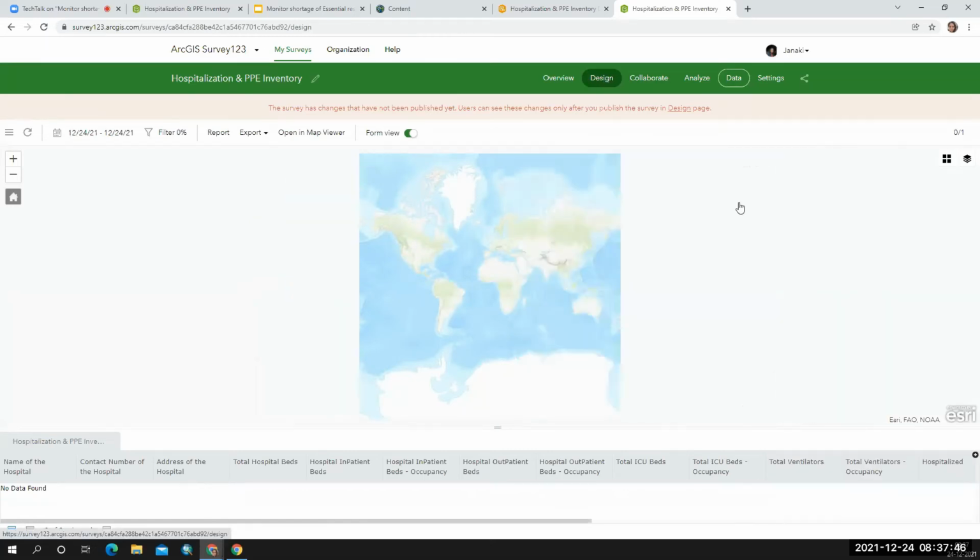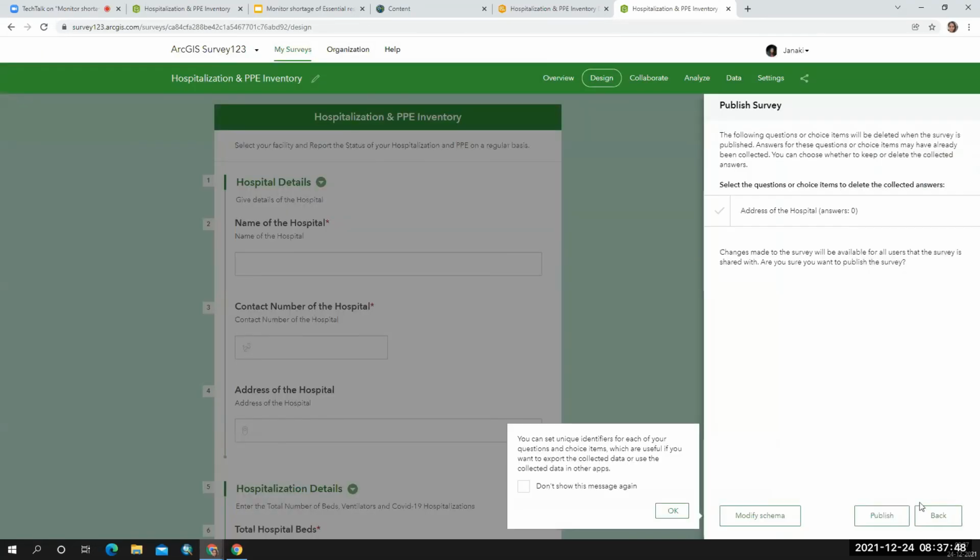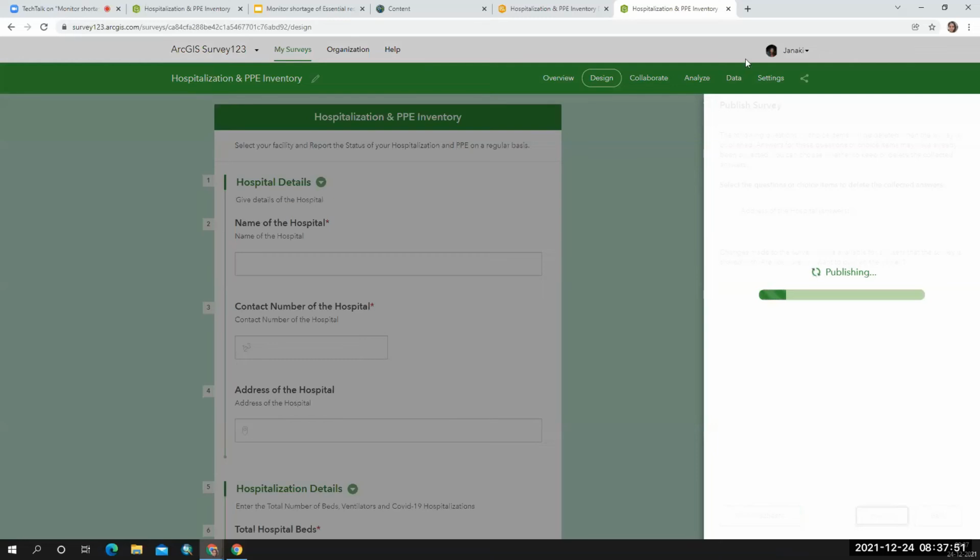Okay, I have deleted this and now again I'm publishing it. So you can use this form and you can fill in the information.